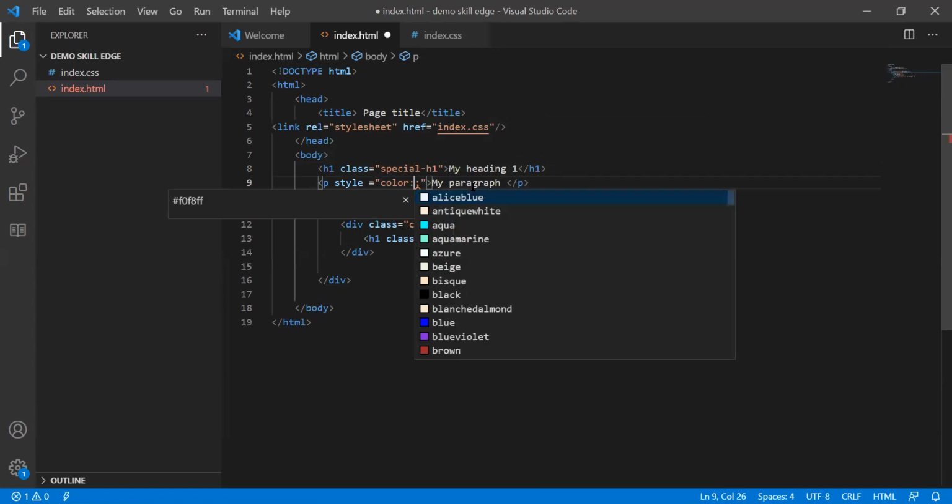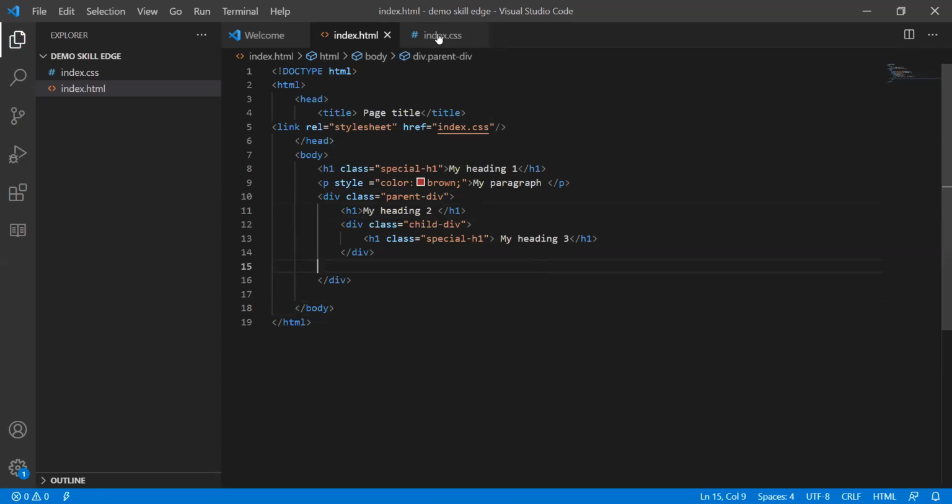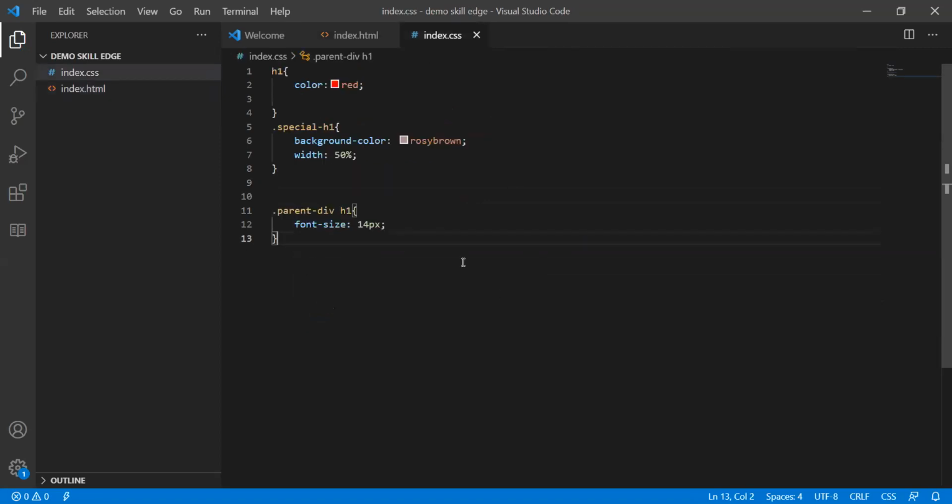The parent and heading is number 2 H1. Div class child div is correct here, and H1 class I have taken here. H1 to H2. So let us see. We have applied the font and everything for parent div here.